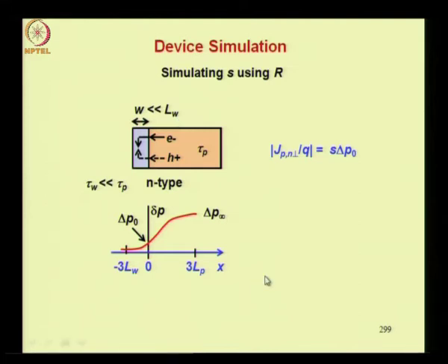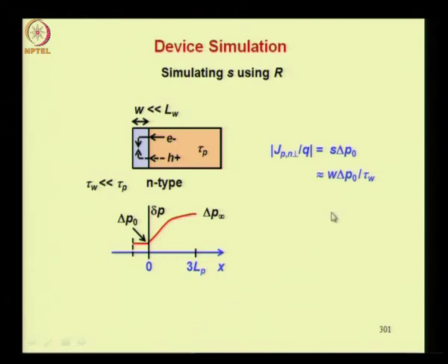Now what would happen is this hole distribution now would remain almost approximately constant over this region, okay. From our knowledge of the characteristic length, we know that if the width of any region is much less than the diffusion length there, the excess carrier concentration would remain approximately constant, the decay will be very small. So that is why the hole concentration is now assumed to be approximately constant over W. Now this will help us simplify the formulation of the problem.